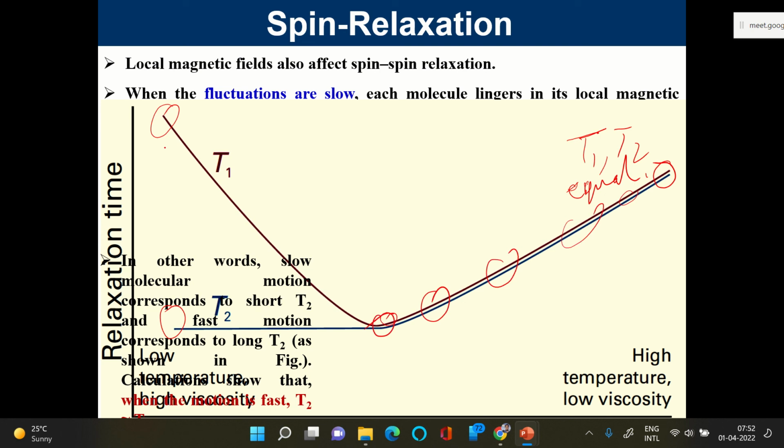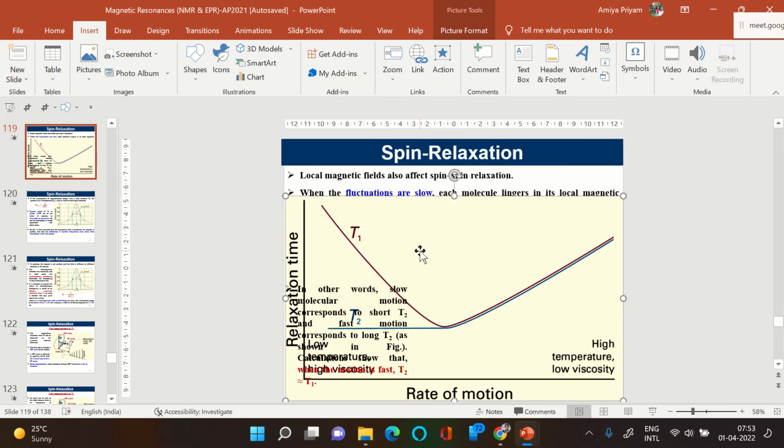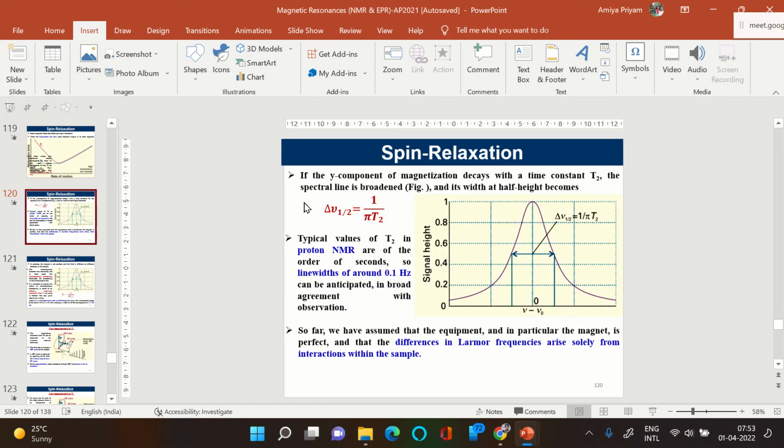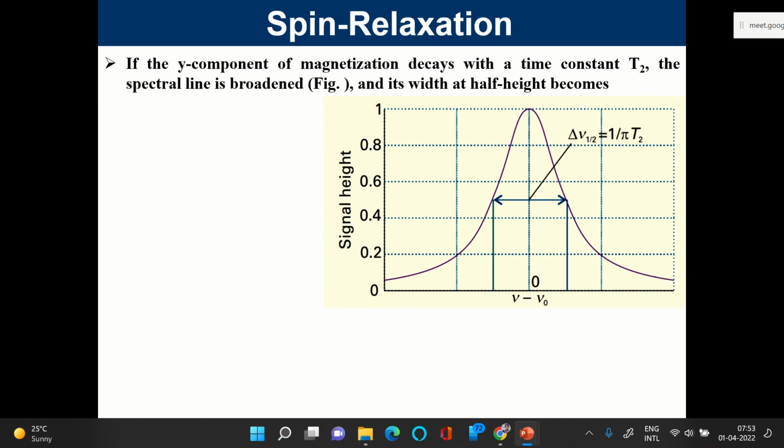So the difference lies initially: when the molecular motion is slow, T1 is fast and T2 is slow. But as the molecular motion increases, the difference between T1 and T2 decreases, and at an intermediate situation in the middle of this graph, they have become almost equal, and that trend continues further. So it is the local magnetic field, and these things can be calculated from the width of the NMR